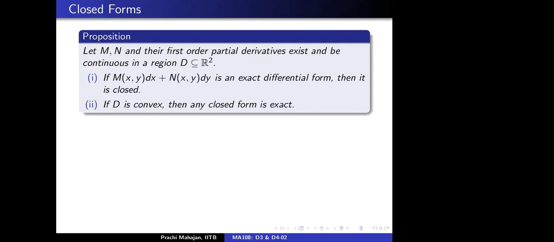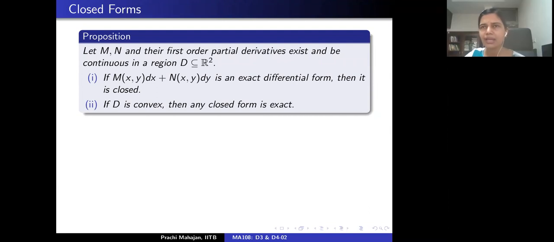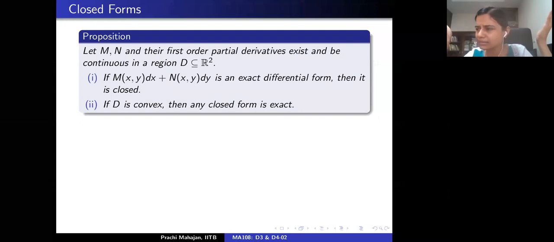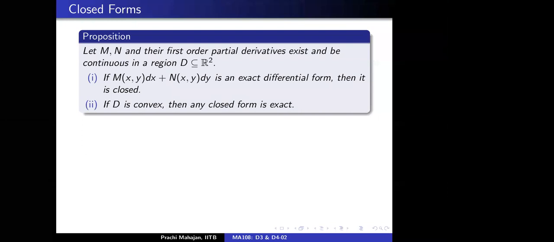I have just a small query. What exactly do you mean by convex? Convex means D is convex, meaning geometrically convex. If you have two points A and B in this region D, then the straight line segment joining A and B should also be entirely in D. Geometrically convex, nothing more, nothing less. Okay, ma'am. Is that the definition of convexity, or is there something else? Connected. Ma'am, can you repeat the definition again?